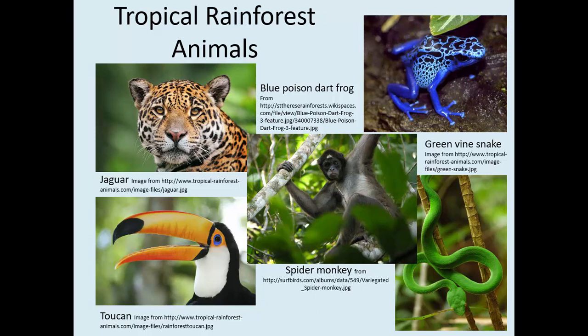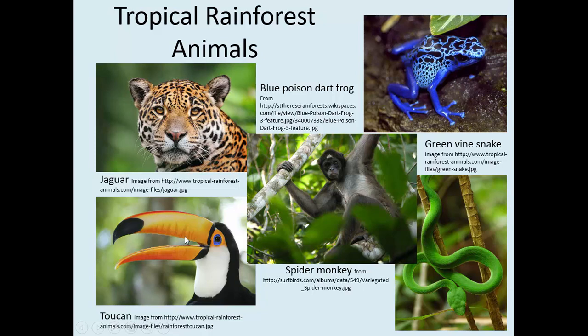There are tons of animals that live in the rainforest, and this is a sampling of a few of them. So jaguar, very good at hiding in the rainforest. These spots help them to hide in all the dappled light that gets through. It kind of looks like they have shadows and dappled light on their body. It helps them to hide.